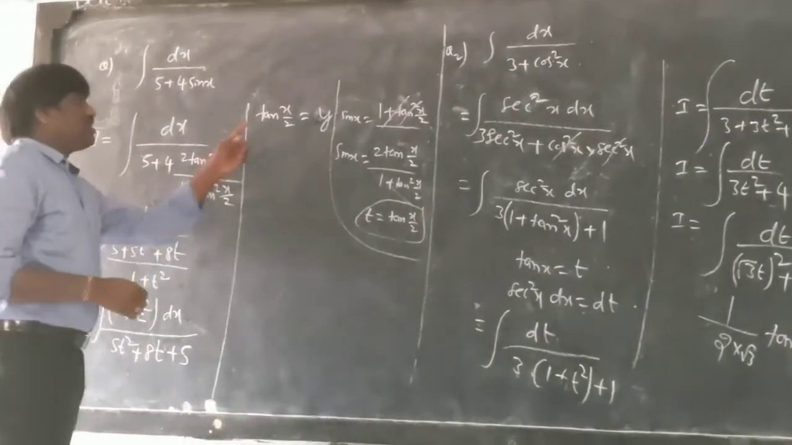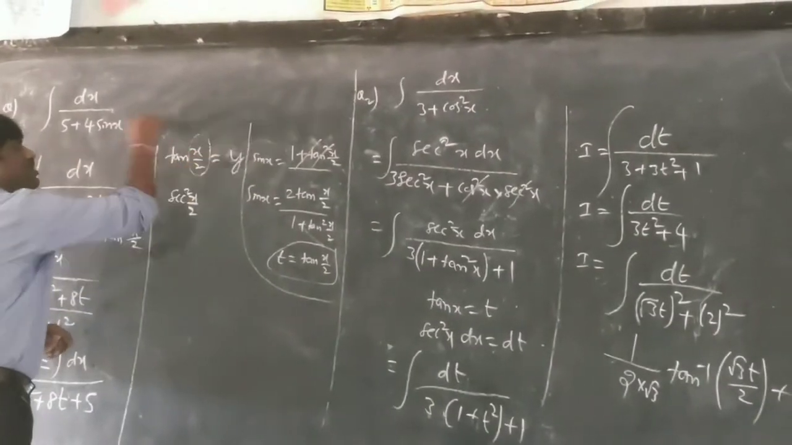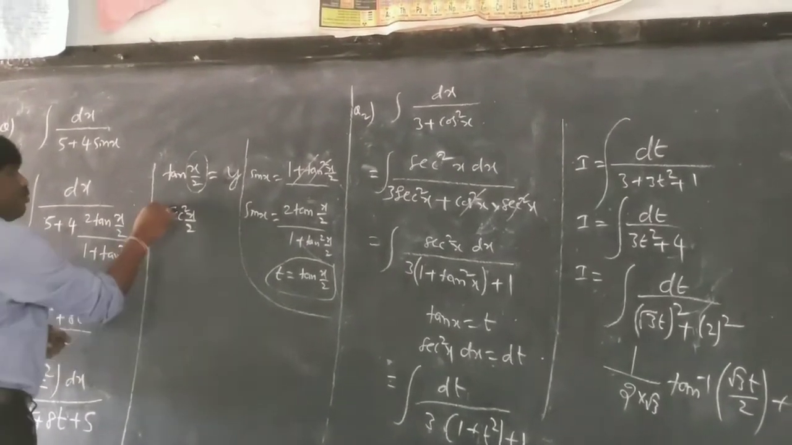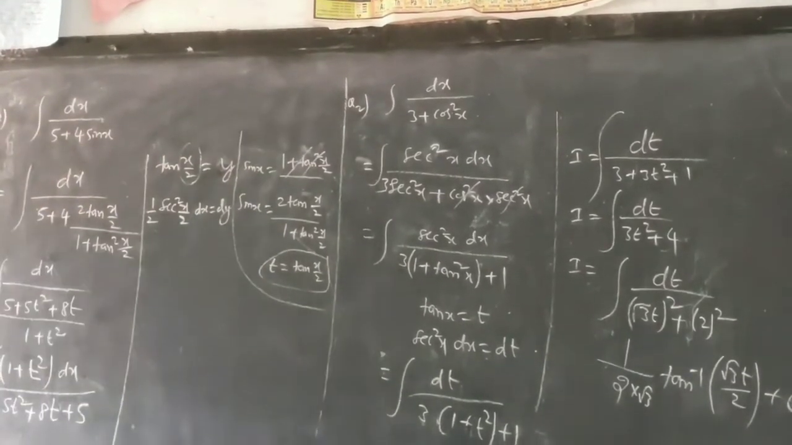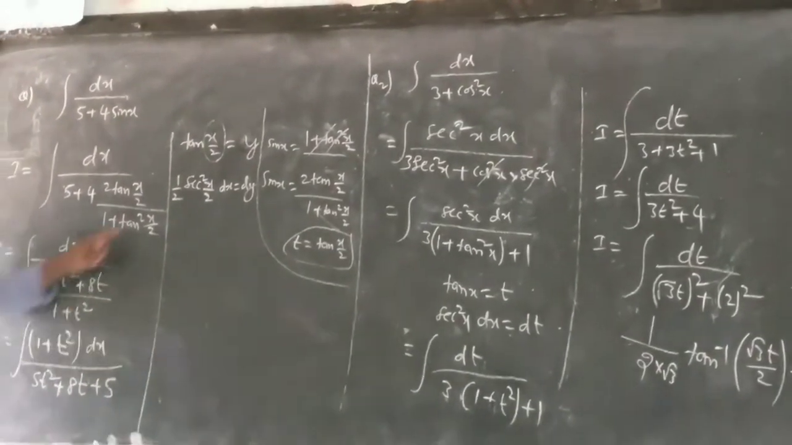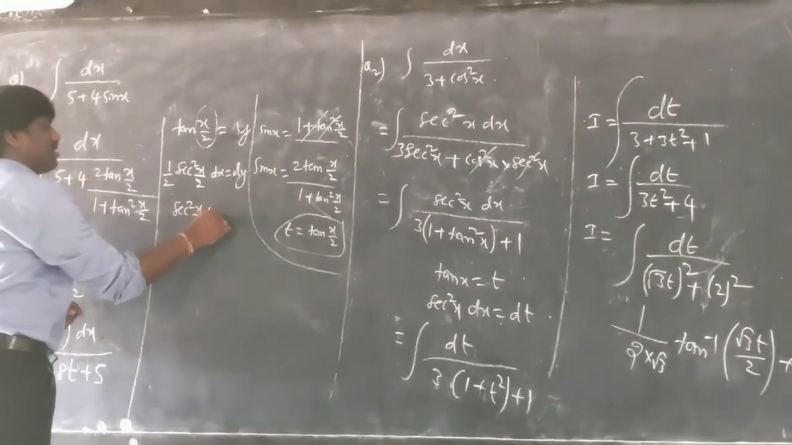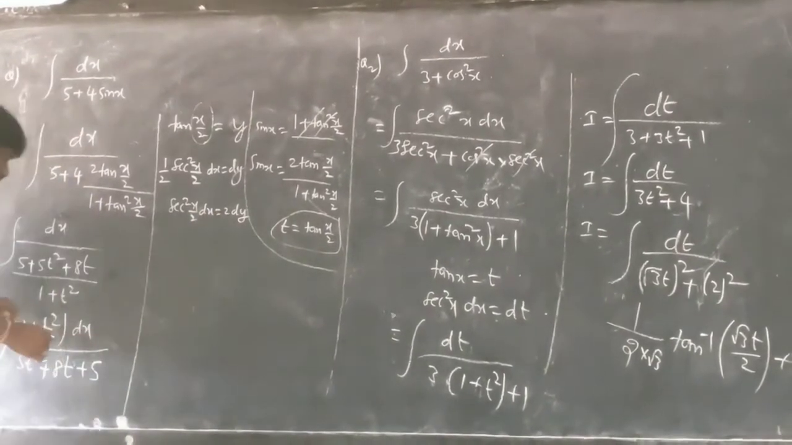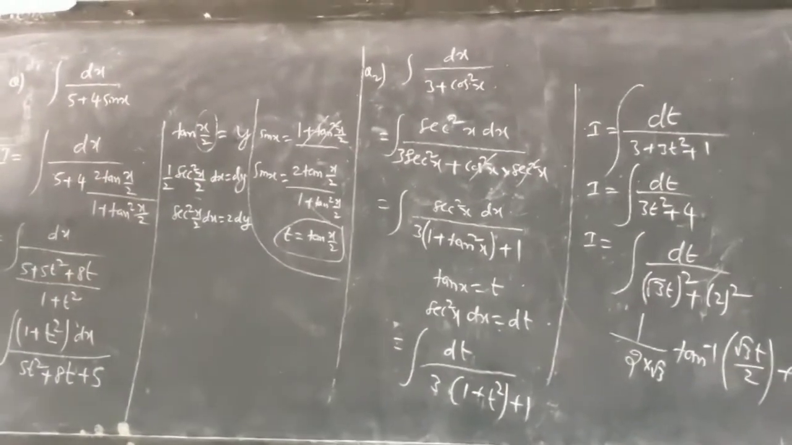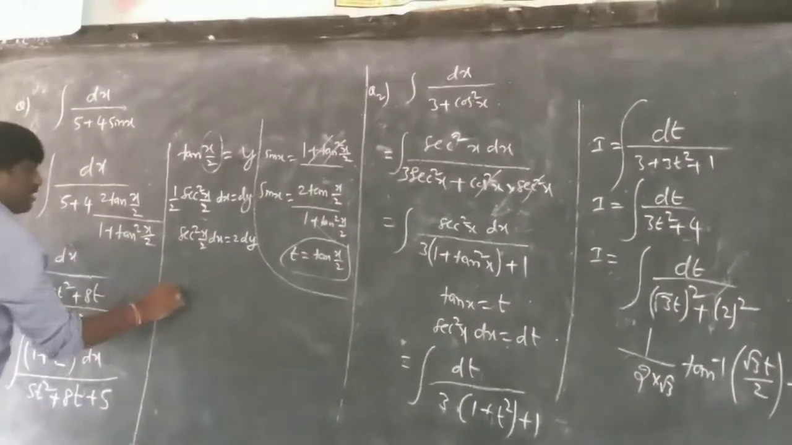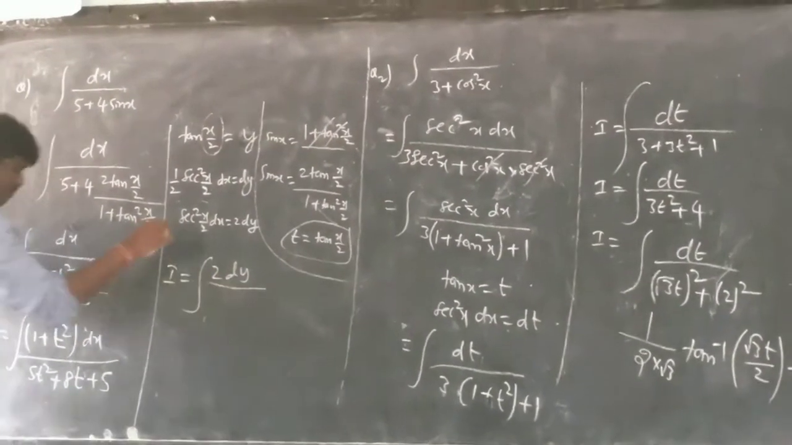So differentiation of tan x by 2 is sec square x by 2, and the differentiation of x by 2 is 1 by 2, so 1 by 2 dx is equal to dy, correct? I can write 1 plus tan square x by 2 as sec square x by 2. So sec square x by 2 dx is equal to 2 dy. This whole thing will become 2 dy upon,